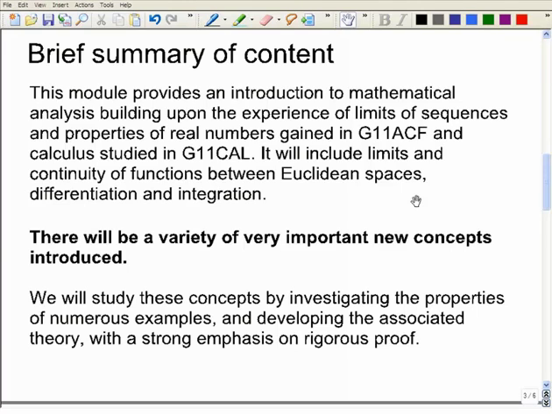And that may have meant that you regarded those proofs as not that important since you weren't going to be examined on them. Actually, those proofs are rather interesting, and you might want to go back and look at them, because this module is going to be full of proofs, and one of the aims of this module, in fact, is to get you used to the ideas of how to do proofs in mathematical analysis. So this module isn't just about learning things that are true, it's also about how they're true, how you know they're true, why certain things are true.